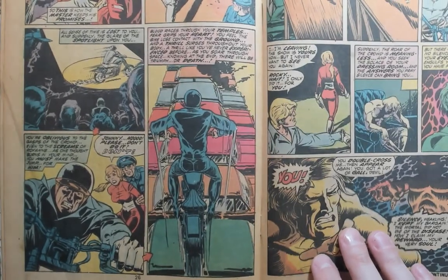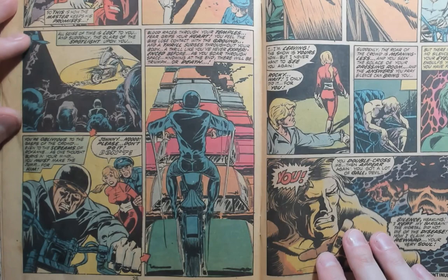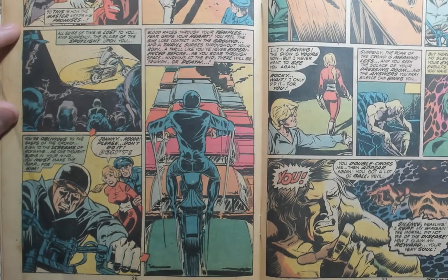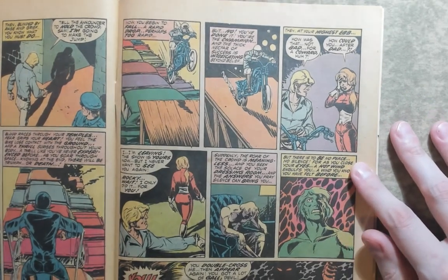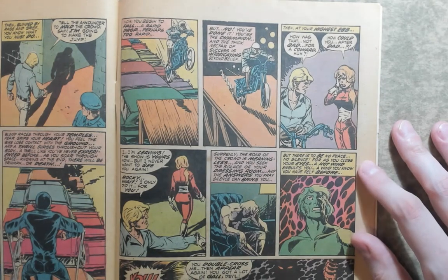Satan, are you there? It's me again. Blood races through your temples. Fear grips your heart. You feel the bike lose contact with the ground, and a thrill surges throughout your body. A thrill like you've never experienced before as you soar through space, knowing at the end there will be triumph or death. Now you begin to fall, a rapid drop, perhaps too rapid, but no, you've done it. You're the champion, and the thick nectar of success is intoxicating beyond belief. Then at your highest ebb,